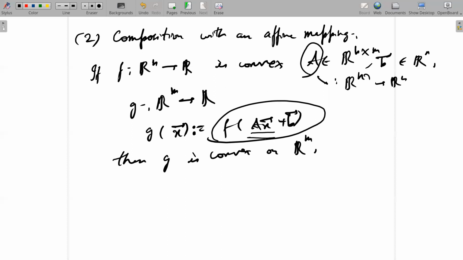The fact that this is affine, it will not only satisfy inequality, but it will actually satisfy equality. So if I take a convex combination of x and y, then A of that z will be equal to lambda ax plus b plus 1 minus lambda ay plus b. Sorry, az plus b will be like that. So that b term is the offset term. Because equality holds, overall Jensen's inequality holds, so composition with an affine mapping will still give you a convex function,